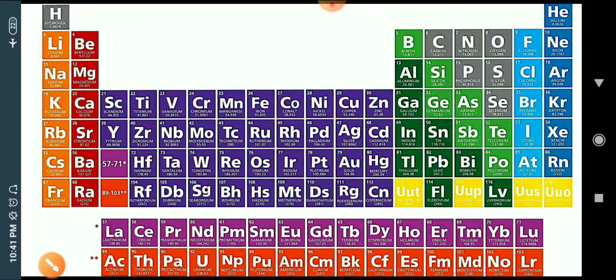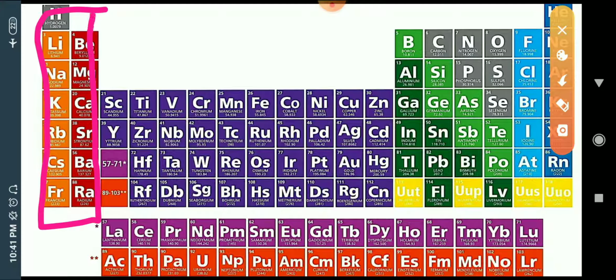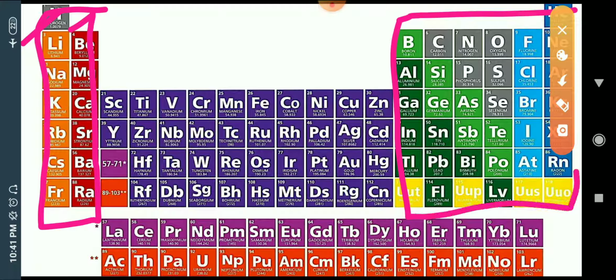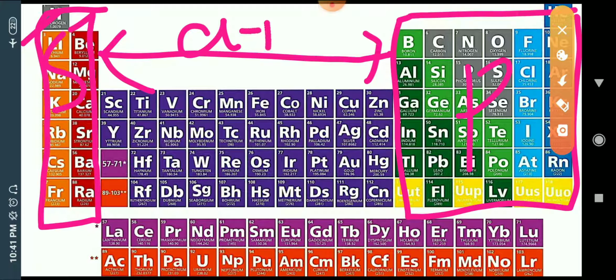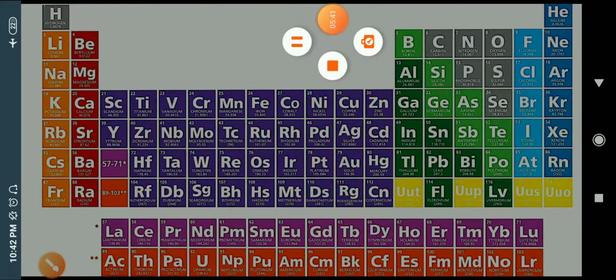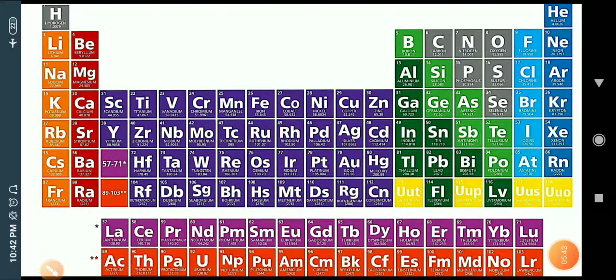Now listen here. In between the S block, which contains two groups, first and second, and the P block, which block comes in between? This block is called the D block. This is the D block. We have earlier discussed it, and we all know that this D block contains